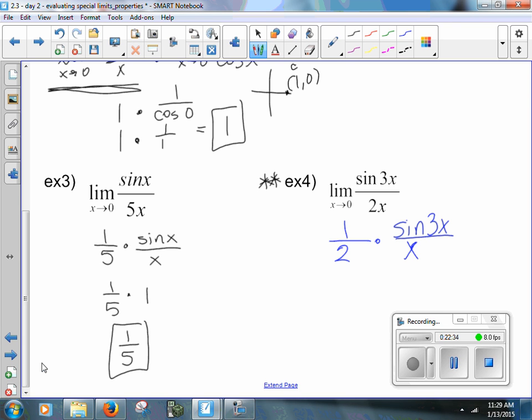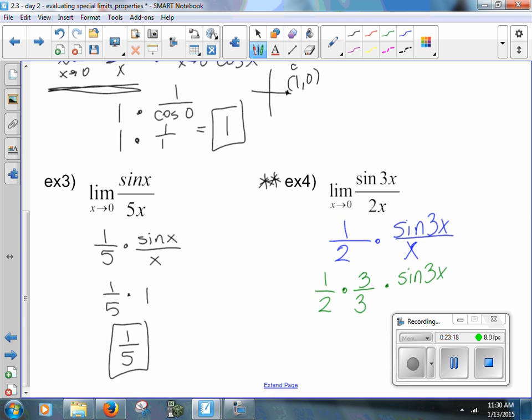Think ahead, playing chess. What do I need to be able to use that special property? The same function. No, I can't touch that 3. It's kind of protected. But if I had a 3 on the bottom, it would be okay. How can I legally put a 3 on the bottom? Because it's a convenient form of 1. If I multiply the whole thing by 3 over 3,